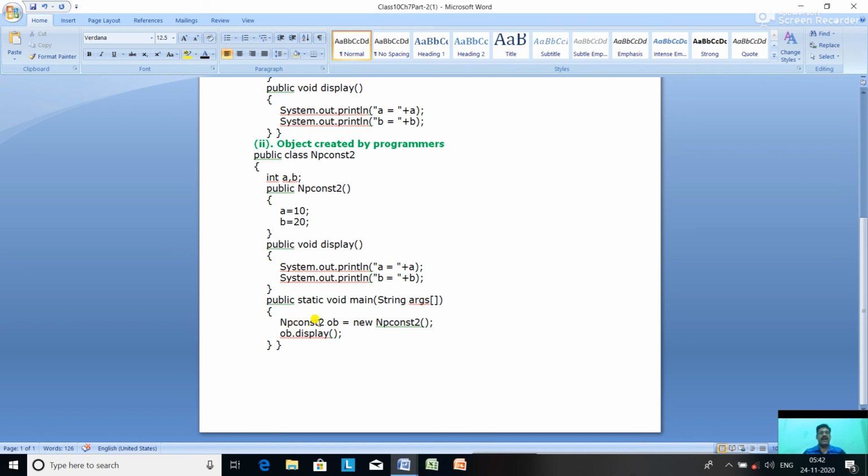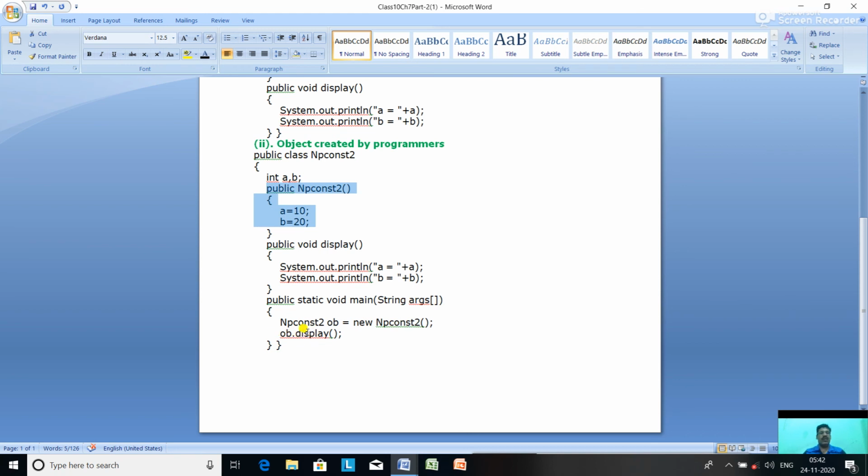So np_const2 ob equal to new np_const2 will execute. Object ob is created and this np_const2 constructor is invoked automatically. So there is no need to call it separately like ob.display.